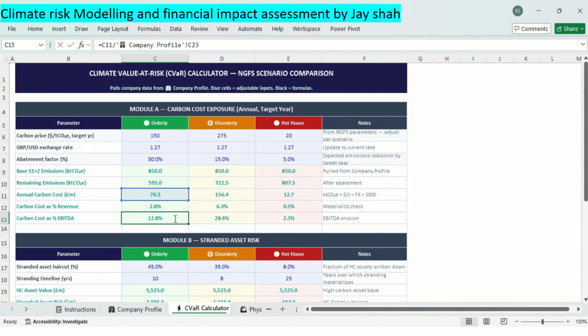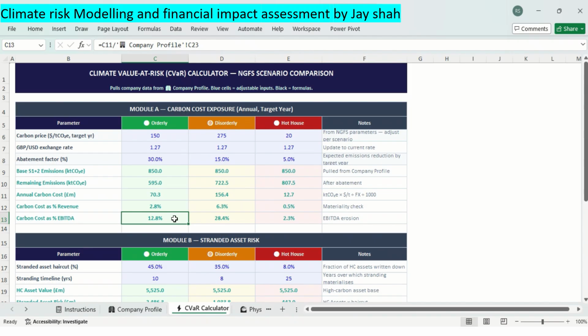annual carbon cost divided by the EBITDA. This formula needs to be done through a more operationally relevant denominator than revenue, because it measures what the company actually earns before financing. Under disorderly it is 28.4, and in the orderly scenario it's 12.8 percent. This means 28.4 in the disorderly scenario of operating profit is consumed by